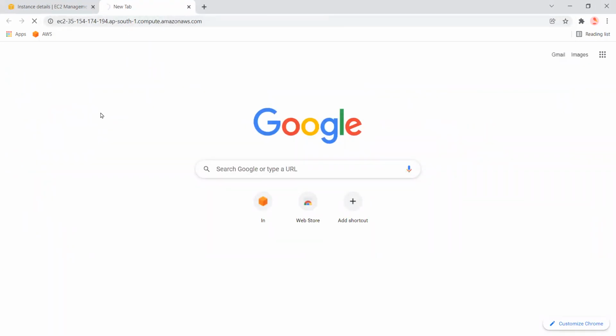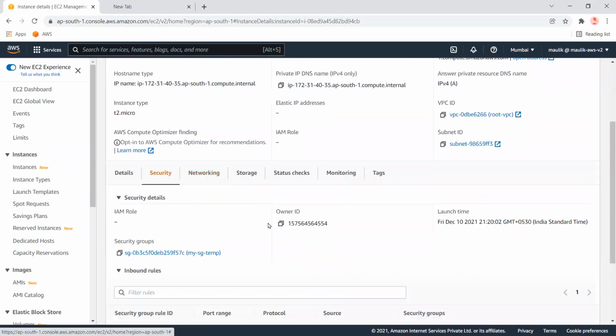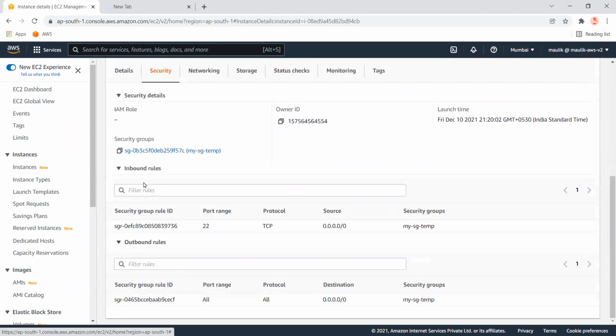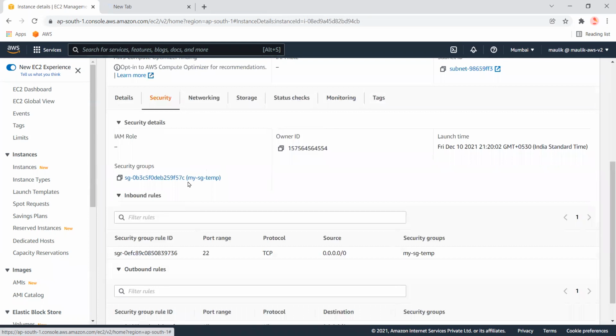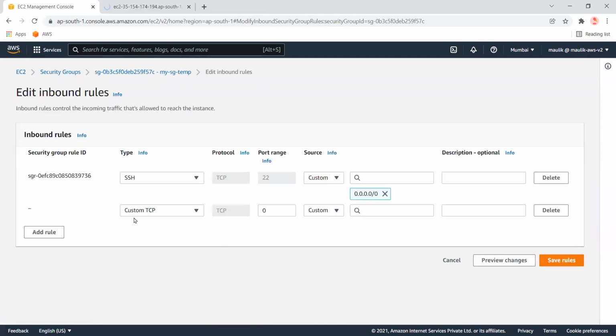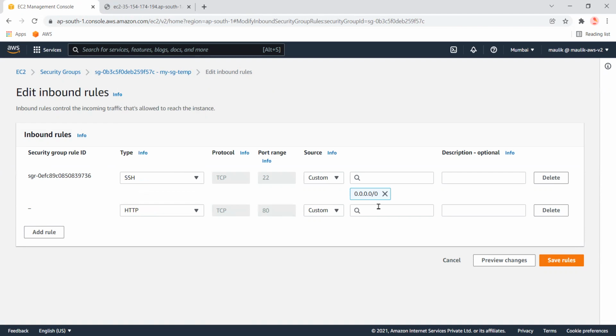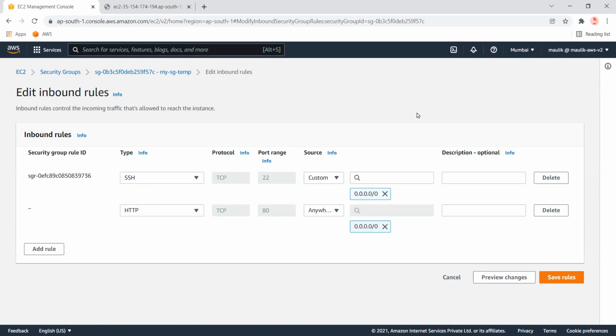Okay, it seems like it's not able to connect. Let's check the security groups, because in our inbound rules we have not allowed access through HTTP. So first of all, let's update the inbound rules. We'll add another rule with HTTP to access it through the browser.